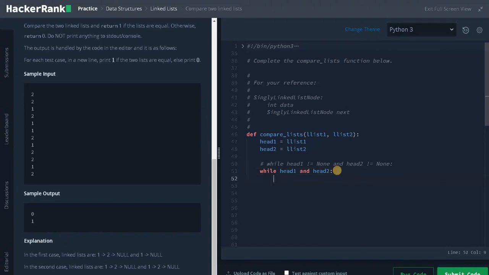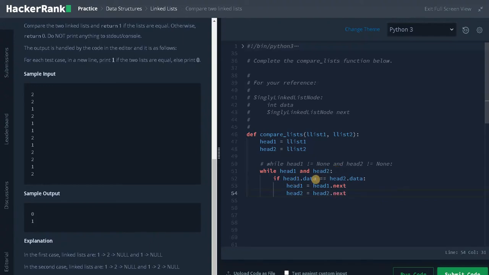Okay, that's our condition in the while loop. Inside the while loop, we have to check the condition that both the linked list data are the same. If head1 dot data equals head2 dot data, we will go to the next pointer, that is head1 equals head1 dot next, head2 equals head2 dot next.